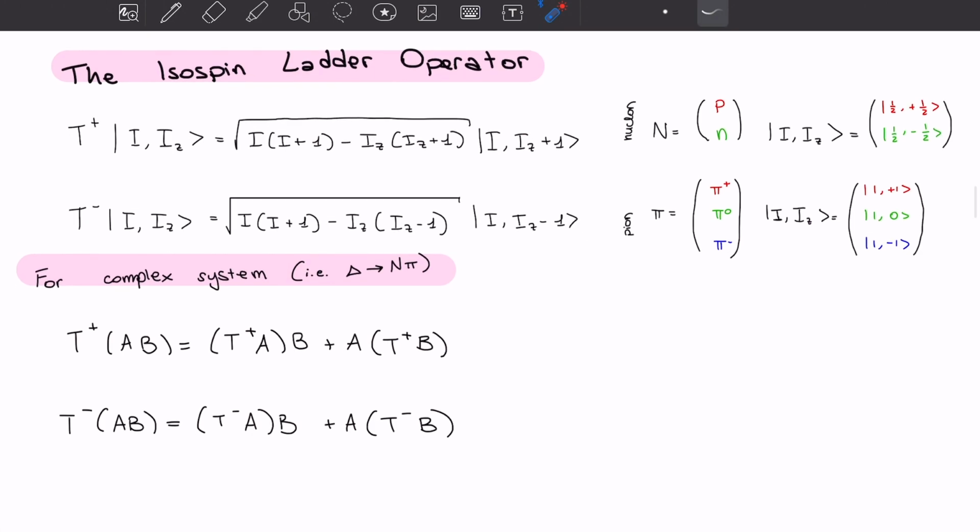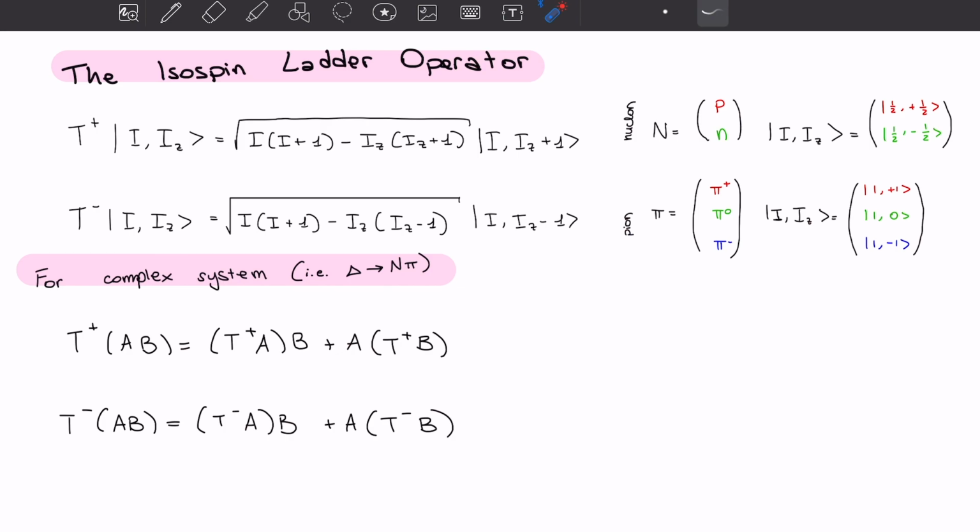Also, the strong force does not really care about charge. So in this example for the nucleon, we have a proton and a neutron, and that's because their masses are very similar and therefore they are not differentiated. So we call this particle the nucleon. The highest projection is a proton and the lowest projection is a neutron, respectively with isospin projection +0.5 and -0.5. Okay, now that we have defined what isospin is,